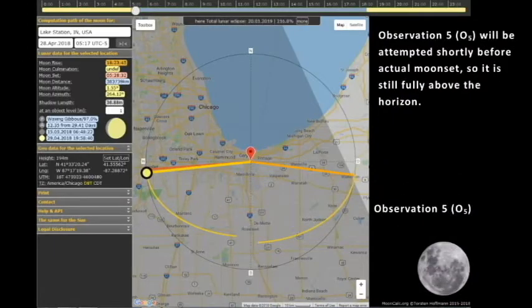And this is just observation 5. As you can see, I'm going to try to make it right before sunrise. But right before moonset. The moon is not full at this time. I'm doing that on purpose. Because the full moon, Sarah's camera works great. It's a D5300, but the full moon's still kind of bright, and a lot of times the pictures don't turn out, as I've noted before. So I want to do this when the moon isn't quite full, but close to full, so you can still see Tycho crater, and we can still see that sway.